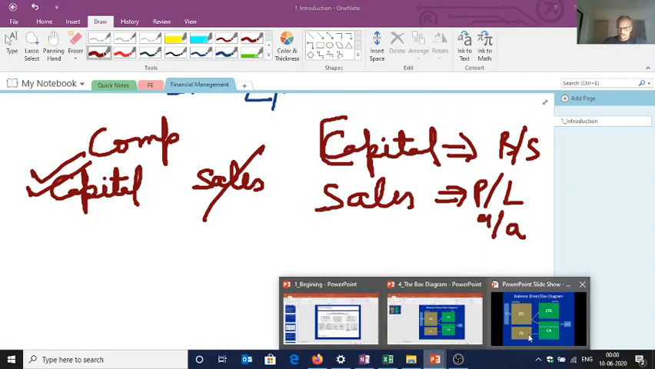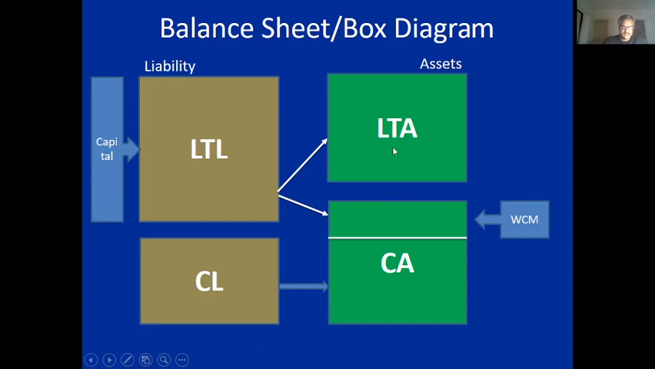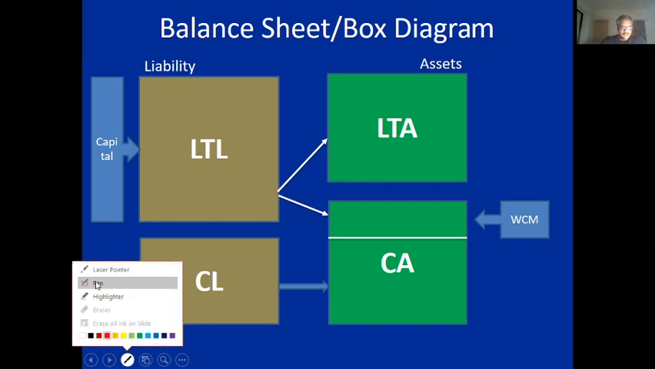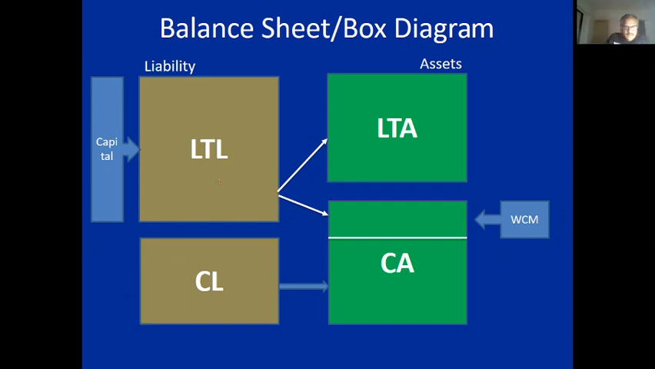I'll quickly show you a box diagram of the balance sheet. Look at it. This is the capital which I'm saying. Liability is all the money which comes in. If I look at the liability side of the balance sheet and exclude the current liability, whatever is left is known as capital. Now, this capital I'm talking about is comprised of two broad sources: